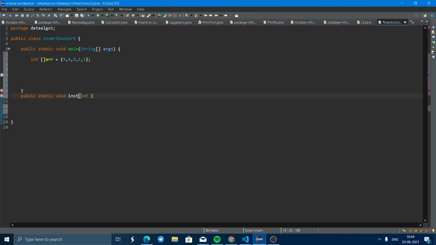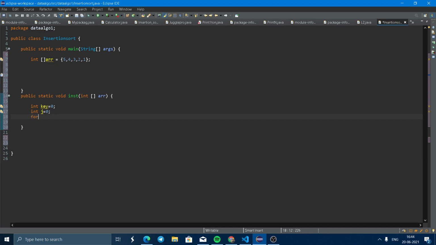It will take an array. Now we have to declare some variables, such as int key equal to 0, int j equal to 0.